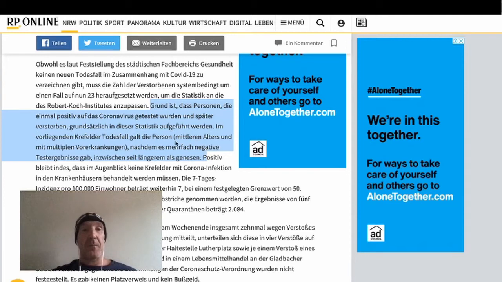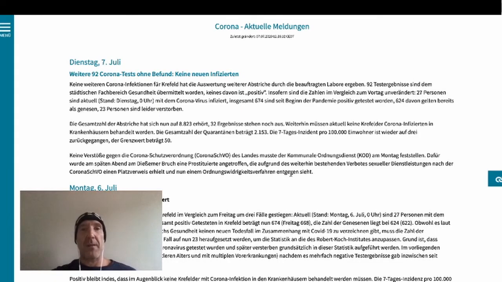In this case, the person, middle age and with various comorbidities, initially tested positive and then was tested negative multiple times, and basically he recovered from COVID-19. Yet because he once tested positive for COVID-19, the RKI, the Robert Koch-Institut says, well, therefore, he is now a COVID-19 death, putting the death toll in the city due to COVID-19, obviously not, to 23. Interesting. So what does it do? This is the same article again. I will put the links in the description below.